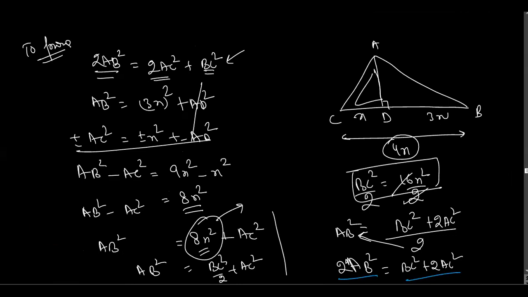Okay. We have a triangle. And AD is perpendicular to BC. It is being given to you in the question that ABC is right angle triangle, right angle at A. So let me make this triangle once more. It is being given in the question that ABC is right angle triangle, right angle at A.